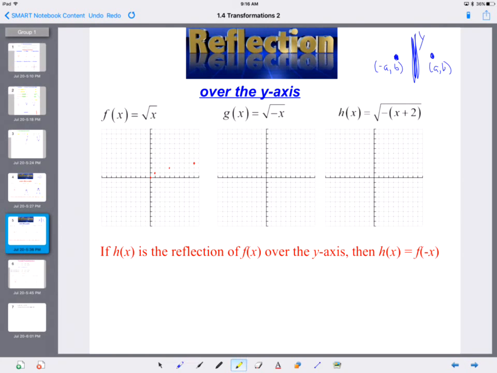So now when you look at this, look at the sentence down here. If h of x is a reflection of f of x over the y-axis, then where should the negative be? It should be with the x, because you're reflecting it and the x is changing. So when you take a look at these,